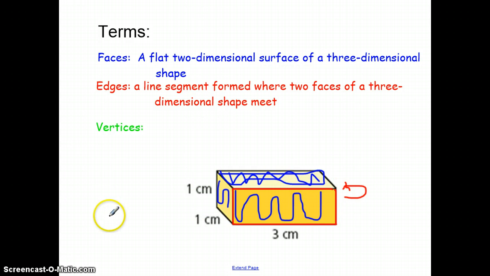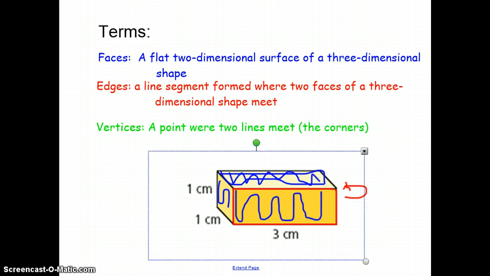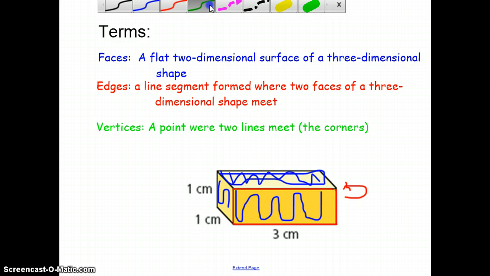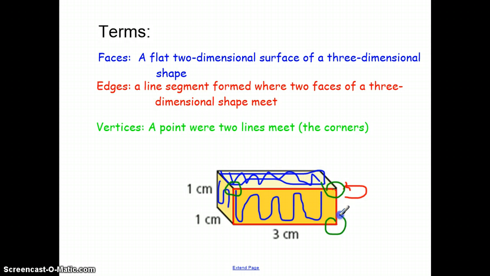See that? So, all right, what is a vertice? It's a point where two lines meet, or in this case, the corners. So there's a vertice right there. There's a vertice right there. Vertice and a vertice, all the corners. And we can understand those terms, and it'll help us when we try to discuss things about these prisms,